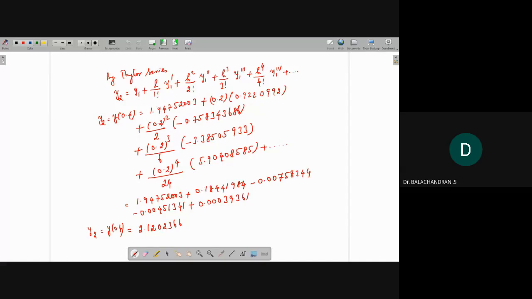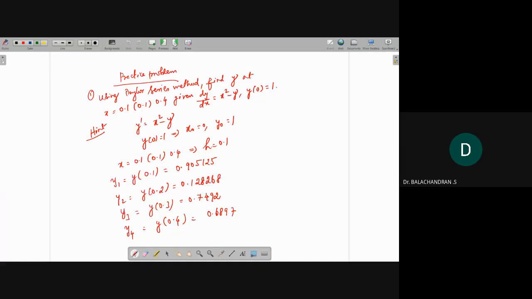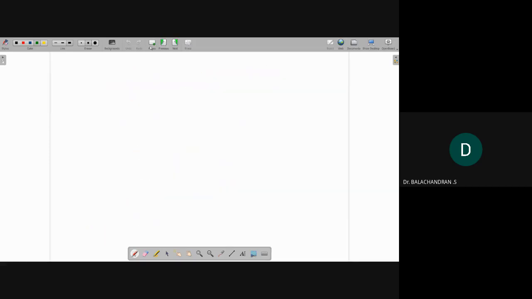Okay, so now, this is a practice problem I gave to you, but now I want to solve one problem here, because at least one problem we will do in the class. So the third problem. So now I'm choosing the third. I am expecting the answer from your side. So using Taylor series method,